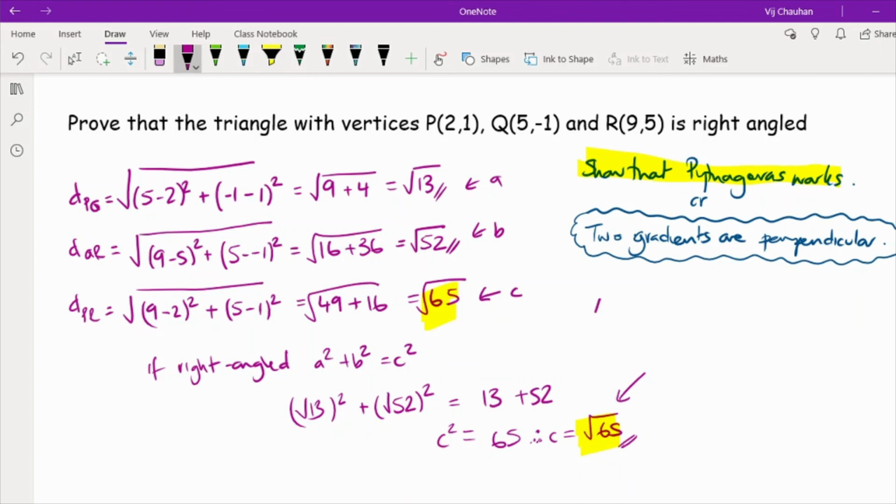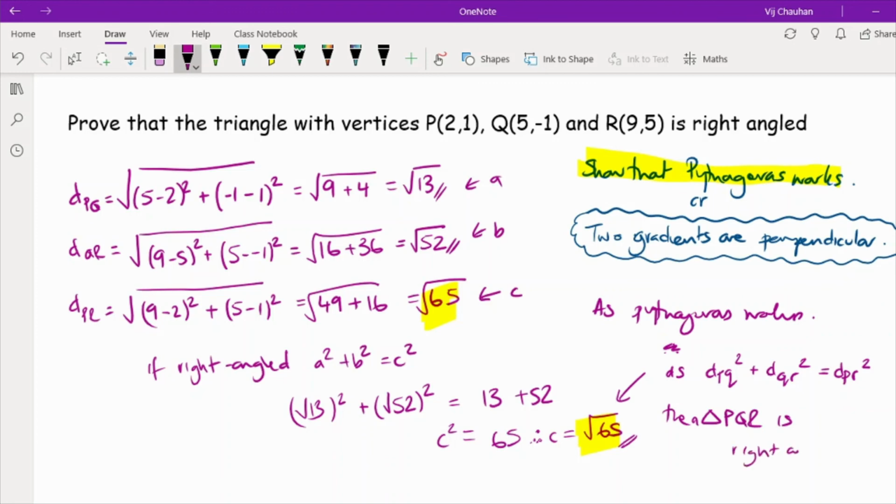So as Pythagoras works, or in other words, a better way of doing that would be to say that as DPQ squared plus DQR squared equals DPR squared, then triangle PQR is right angled. And so with proof questions, it's always worth writing down these types of statements just to finish off your answer